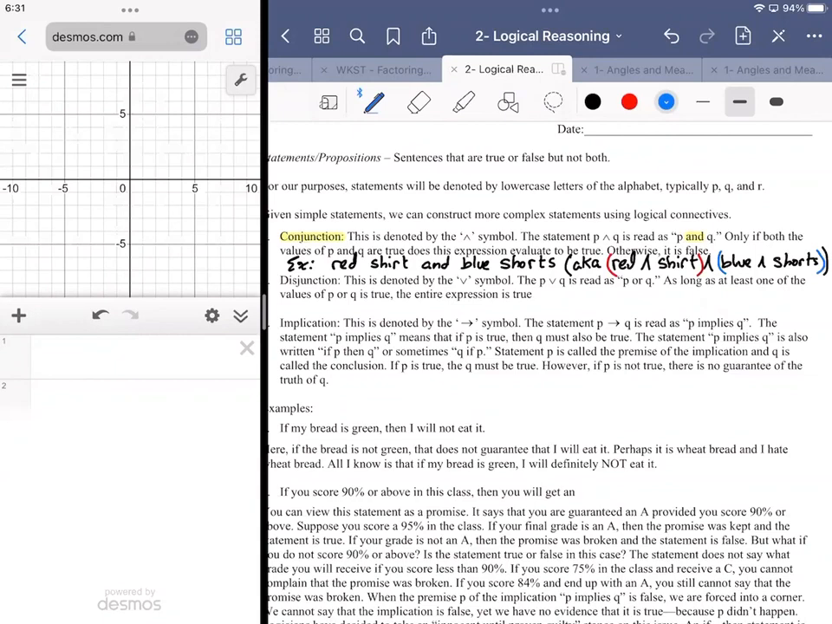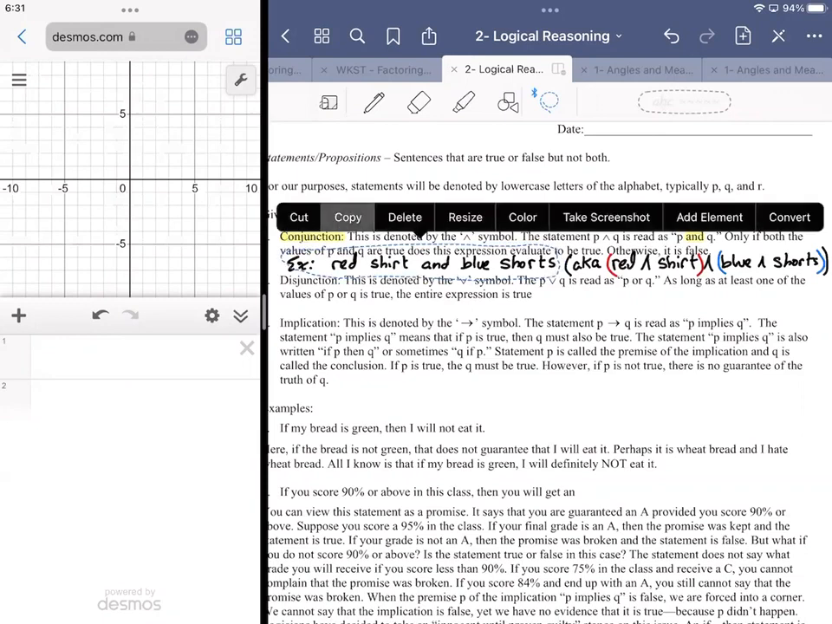A disjunction is denoted by the or symbol, the V, or the upside down, the reflection of the and symbol. P or Q. P represents some statement, Q represents some other statement, right? As long as one of the values is true, the entire expression is true. So if I say that I'm wearing a red shirt or blue shorts, then as long as I've satisfied one of those conditions,